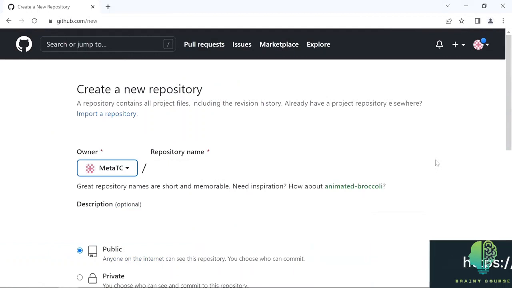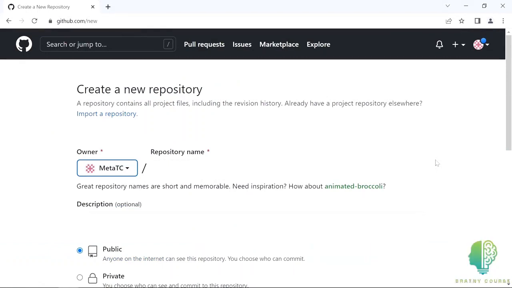When I click on the button, I am redirected to the Create a New Repository screen, where I'll be prompted for who the owner is. I choose my account as the owner option for this example. Next, I need to input a repository name. So I type a name called